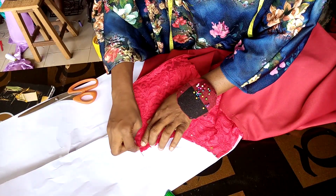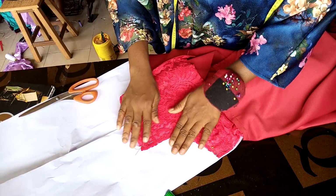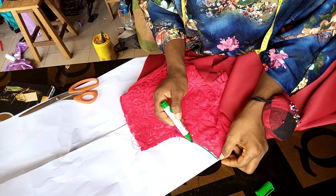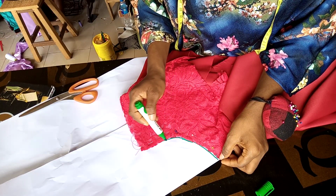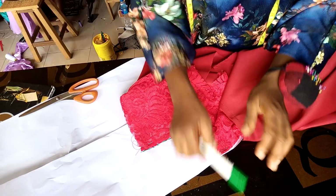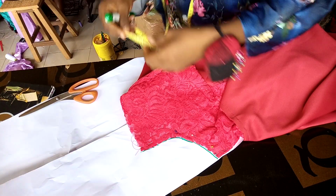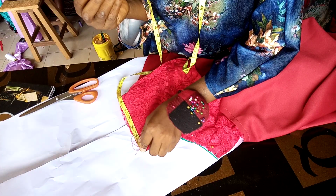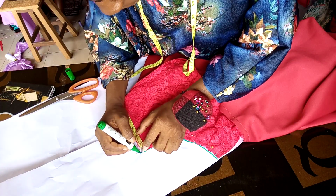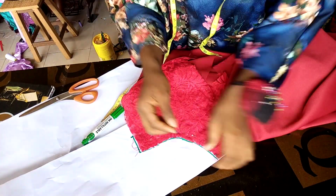So after pinning, I'll go ahead and use my marker and trace out the neckline. Okay, I've traced out the neckline. Then I'm going to come down by 1.5 inches or 2 inches, which is going to be the length of my band. 2 inches. And bring this line down. Then I can go ahead and remove